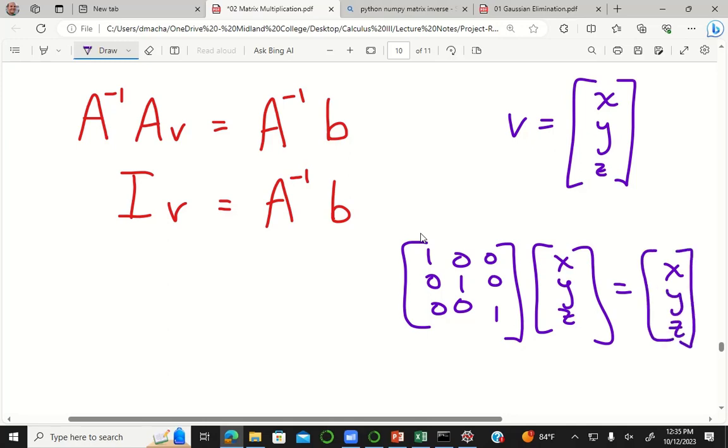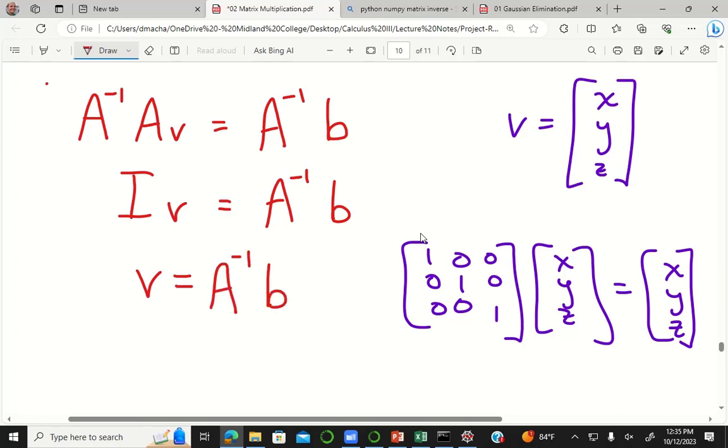You take the dot product of 1x plus 0y plus 0z, and then 0x plus 1y plus 0z, and then 0x plus 0y plus 1z. The identity matrix will also just return the same vector whenever you do matrix vector multiplication. Okay? And that means, going back here, the left side is just the vector v, and this is